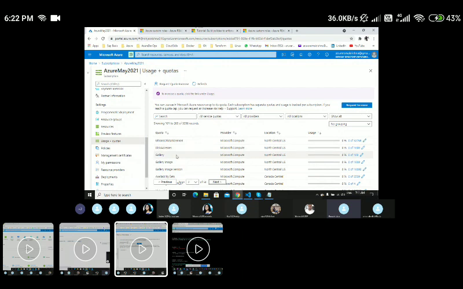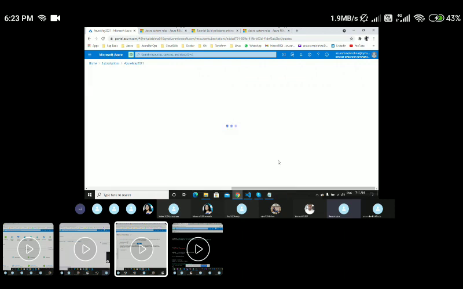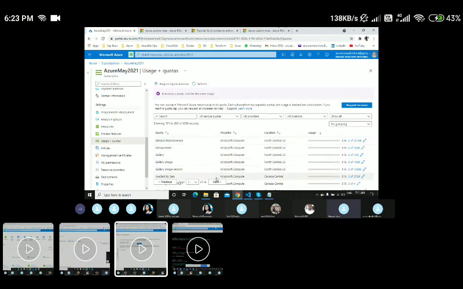here I could see some of the things which are valid, like these are the images, where we can have 1,000 images in the North US region. Same way, if I go to the next page, here I could see these are the sizes of the virtual machines, which we will discuss later. And for every region we have only 4. So likewise, you will have quotas.